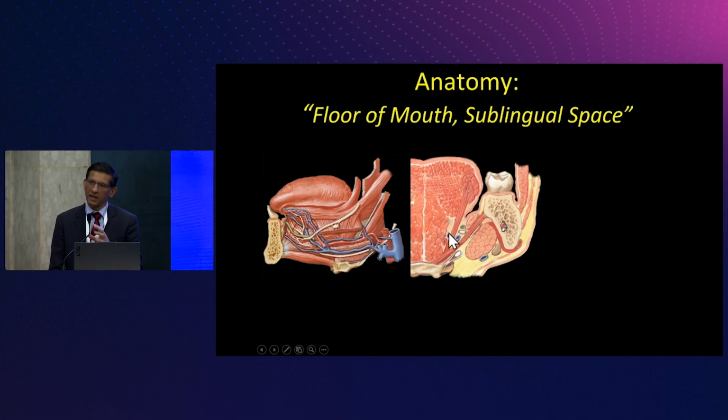So the tongue is either lingua or glossus, and even in the floor of the mouth and the oral cavity, we flip the roots, so it can be really, really confusing. So this area that's below the tongue can either be the floor of the mouth or it can be the sublingual space. So we talked about the upper margin right here, which is the mandible.